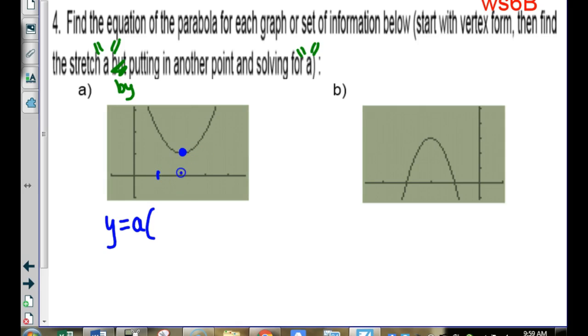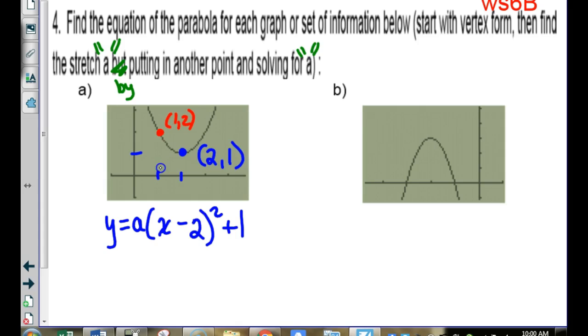According to these little tick marks here, I would go with 2, 1, yes? So the equation is going to be x minus 2 squared plus 1. All right. This idea of plugging in another ordered pair to solve for A is what you have to get used to because we do it over and over the whole year. All right, so find us another ordered pair on this. I think we could go with 1, 2. Okay. On a quiz, I would give you